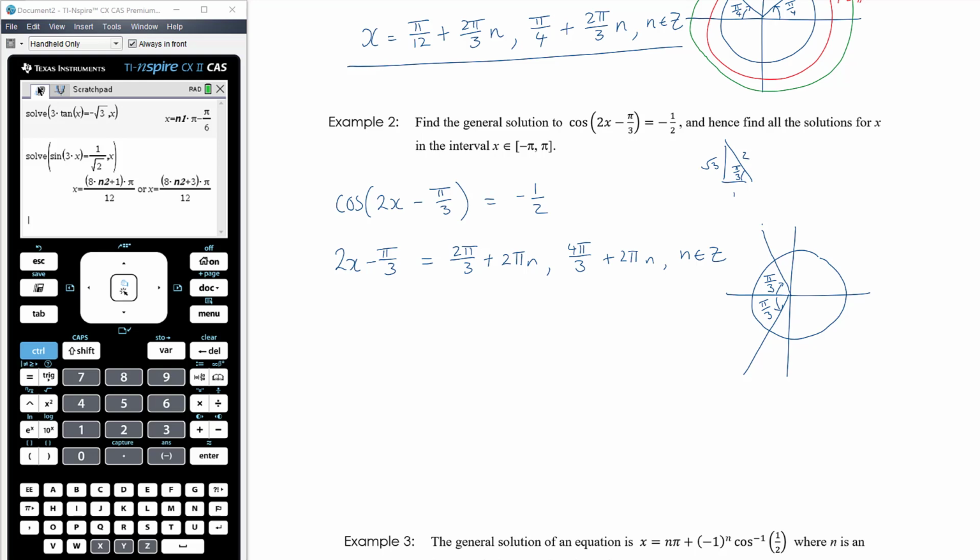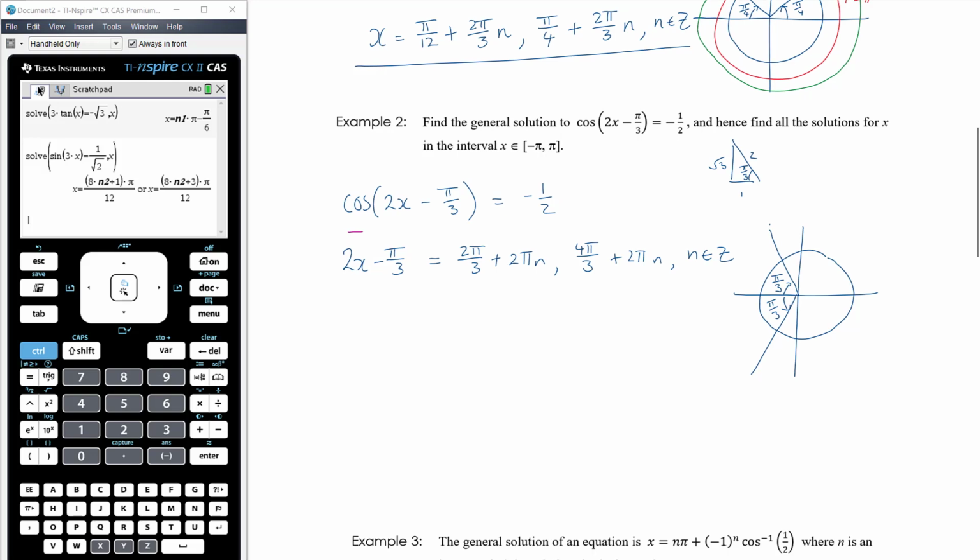Okay, now again, we need to essentially solve a linear equation. I just want to have a look at this. Let's just again isolate one equation. So the first thing we're going to need to do here, because we're trying to get x on its own, is to add pi on 3, and then we'll divide by 2. Now we did division in the previous example, but if we add pi on 3 to both sides of the equation, I want to be really clear about the fact that when we add pi on 3,